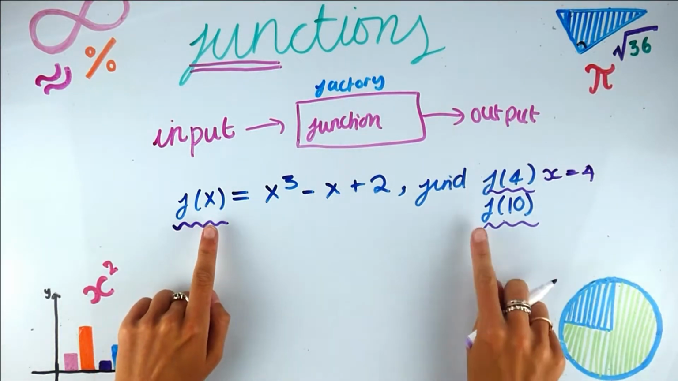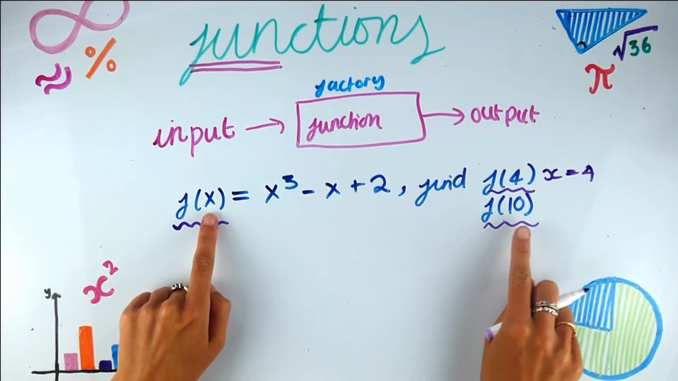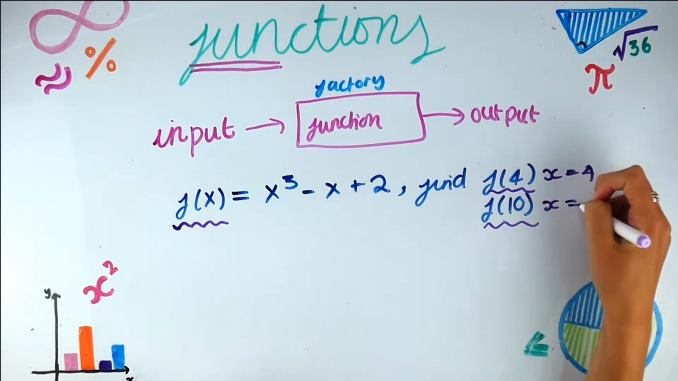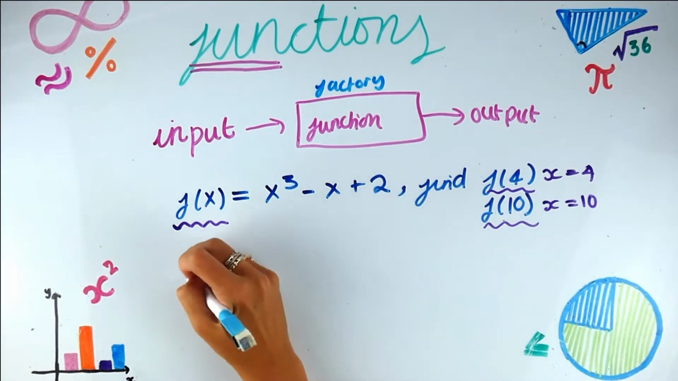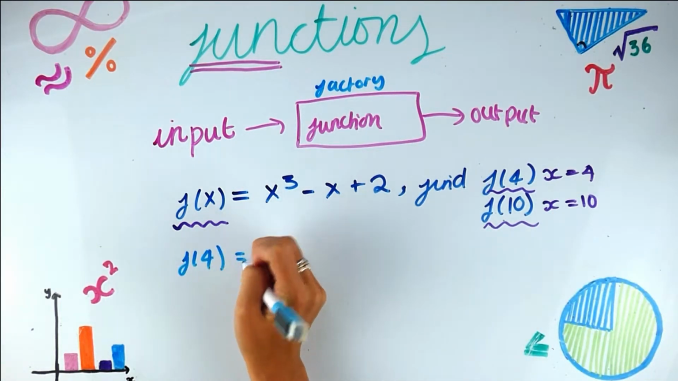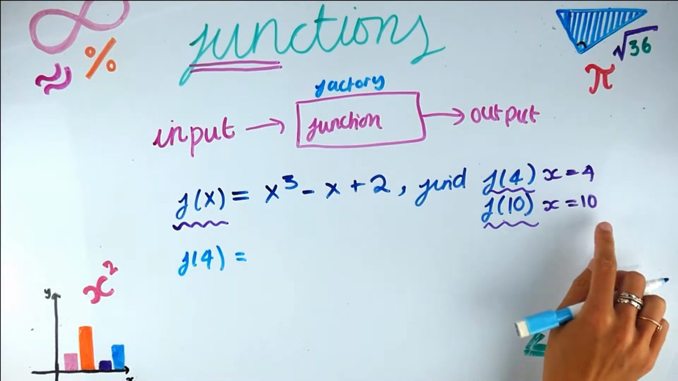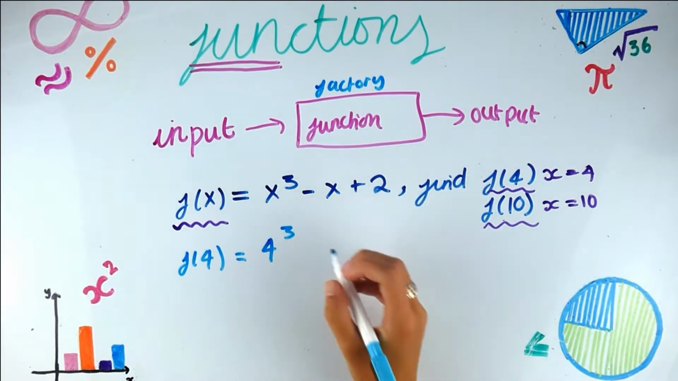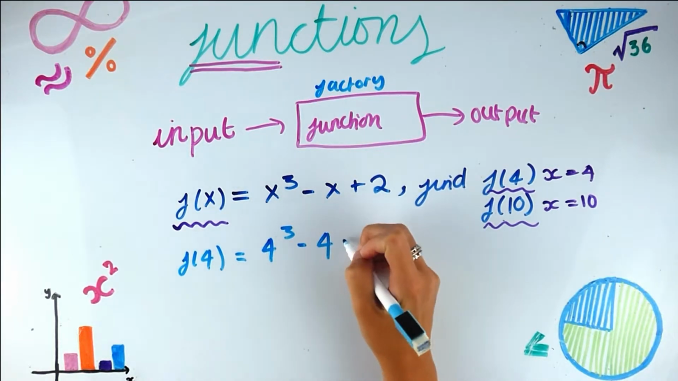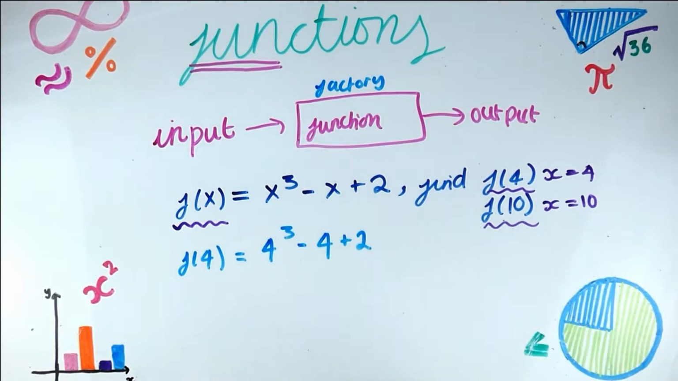And then here f(x), f(10), so we've replaced x by 10. x equals 10. So in our factory function for this one, f(4), we're inputting the value 4. So x is 4. So anytime we see an x, we're going to write 4. So 4 cubed minus 4 plus 2. And that equals, if you do that calculation,